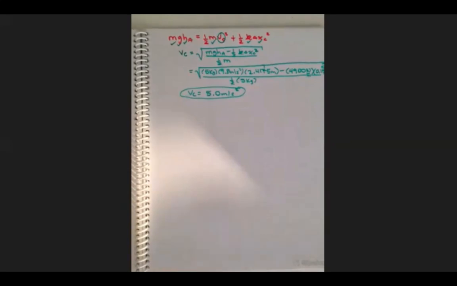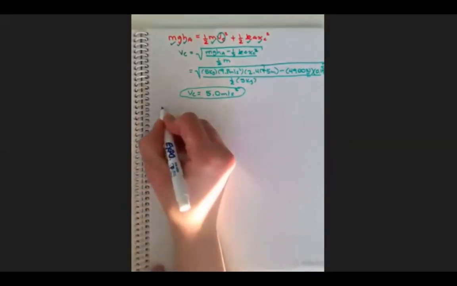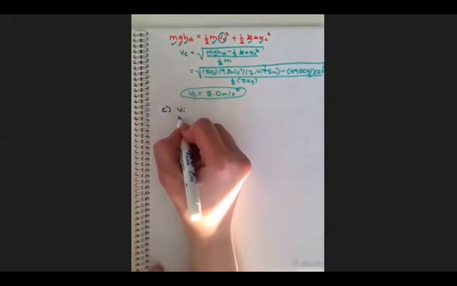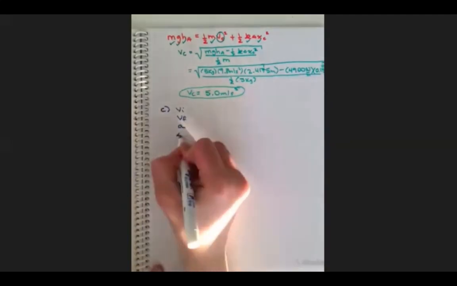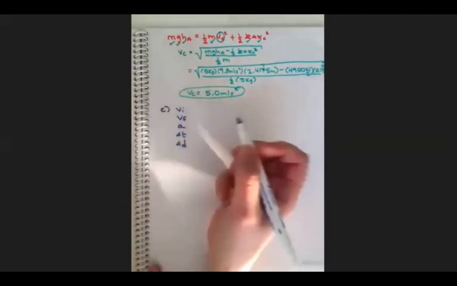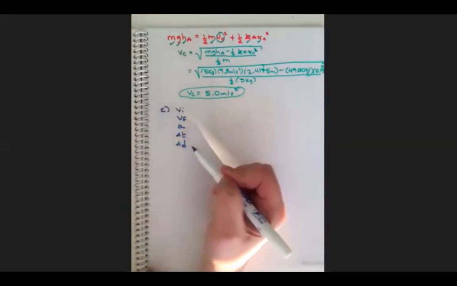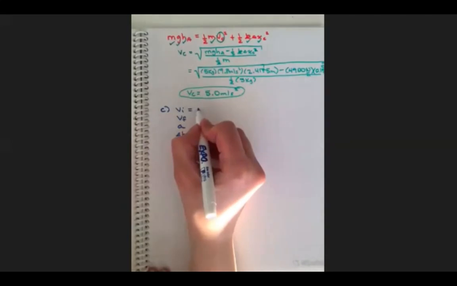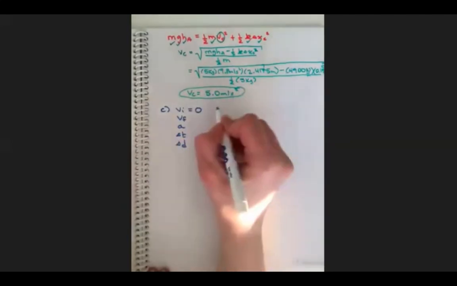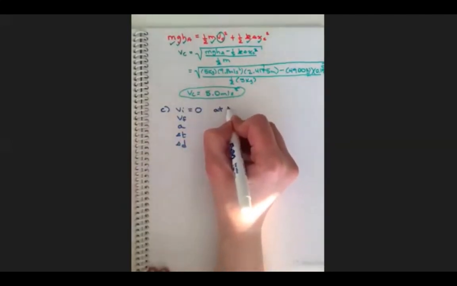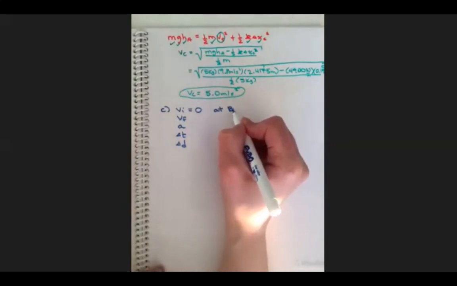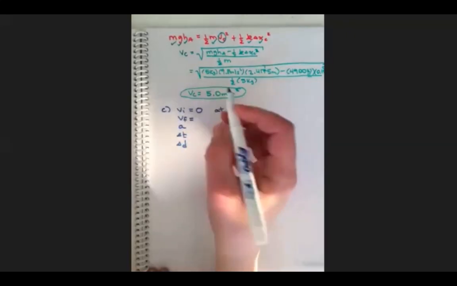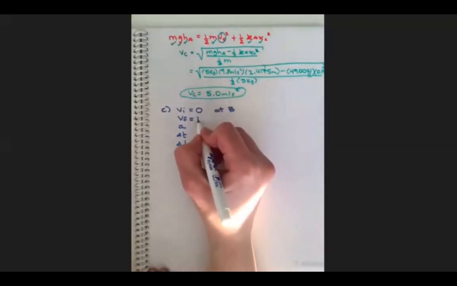So solving for acceleration, we're going to go back to our kinematic equations. You know, Vi, Vf, a, delta t, delta d. Which of these things do we have? If we're talking about maximum acceleration, we're talking about where the initial velocity is 0, where we're at maximum compression. So that's when the box is at point capital B. The final velocity is when we're going the fastest. That would be